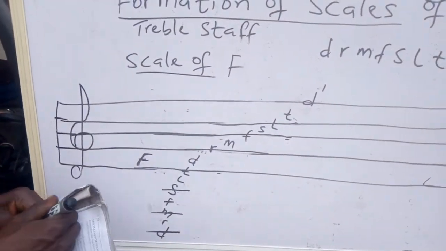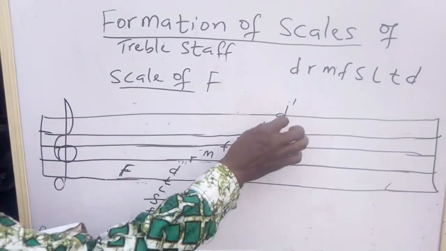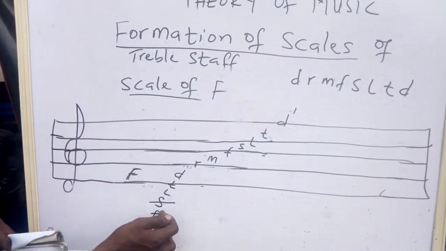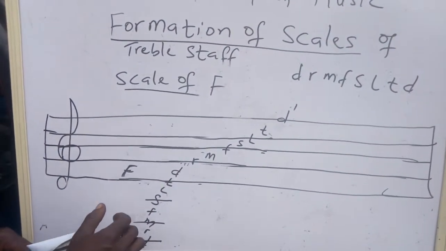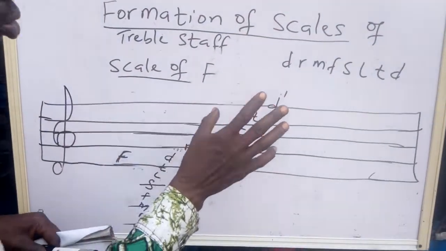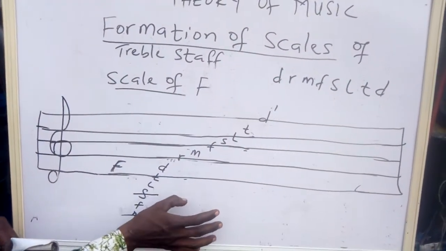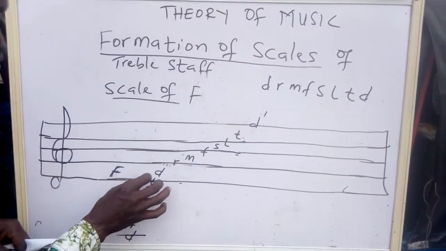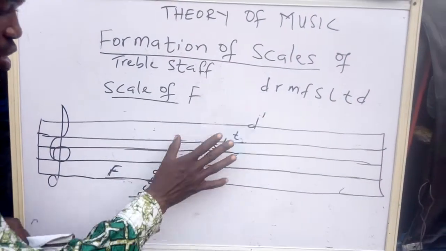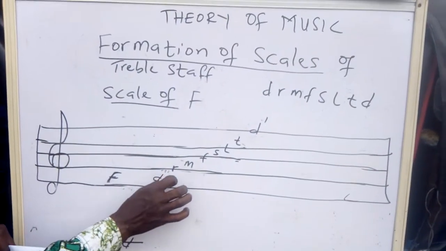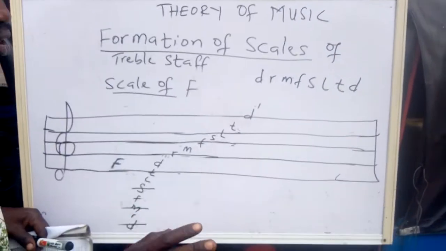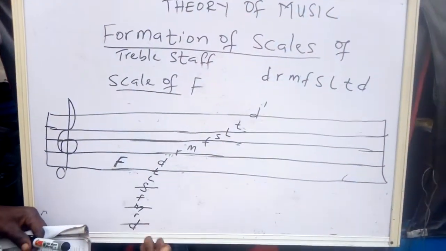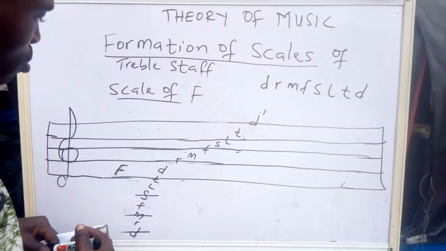The reason why I'm doing it, that you have the scale upward and then it continues downward, is because when you want to sight read, you find some notes falling below the main staff. So for you to be able to recognize the position of those notes, this is what you should do. You have to form your scale like this, then you begin to trace the position of that note. So don't worry, when we come to that level, we will understand it better.